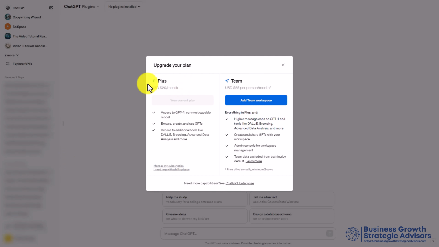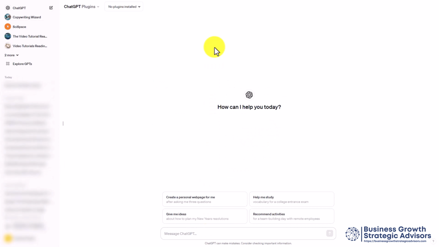You can upgrade to a Plus account, or you can also have a team account, which allows you to work together with another individual that may be part of your organization. This will allow you to share GPTs within your workspace, as well as to have higher message caps inside of ChatGPT. Now, with a paid account, if you go to your drop-down menu here at the top,